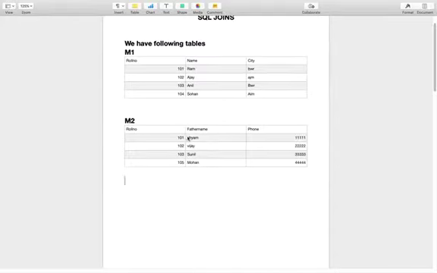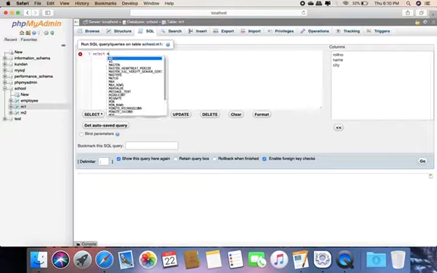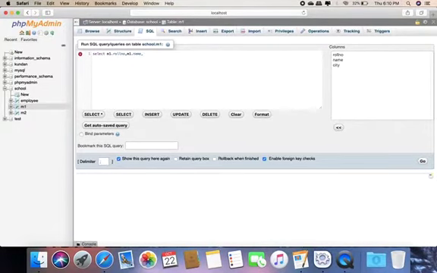So if we use these two tables with the help of an inner join query, what will our output be? First we try it. I select M1.roll number, M1.name, M1.city, then M2.father name, M2.phone from M1.